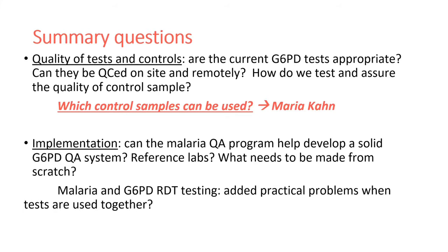And one question that I have, thinking in practice, is when there will be health workers using malaria RDT and G6PD RDT in the same place at the same moment, we maybe need to think about other practical problems. Very simple things, like maybe we need to have a very clear distinction in the shape and color of our testing buffer so the health worker doesn't mistake one buffer for another.